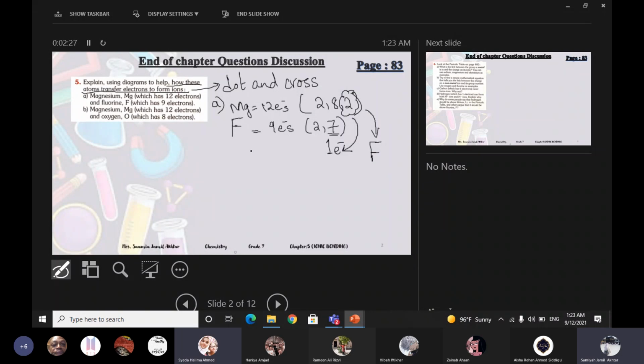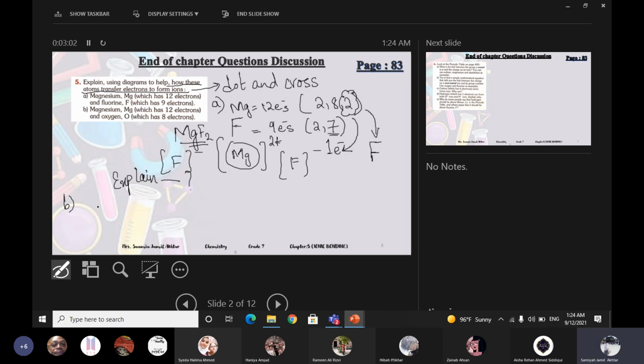So magnesium fluoride, MgF2, will form. You have to draw the dot and cross diagram, with Mg in square brackets with a 2+ charge, because magnesium will give 2 electrons. Each fluorine will get a minus charge. There will be 2 fluorides, each having a minus 1 charge. Then you have to explain the ion formation also in 3 to 4 lines.